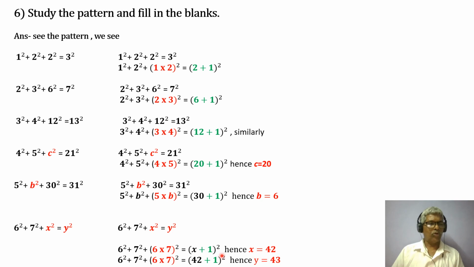Okay. So try to study such patterns, and these are very important if you want to answer the competitive exams like UPSC. Okay. These are very useful patterns. Okay. So we move ahead